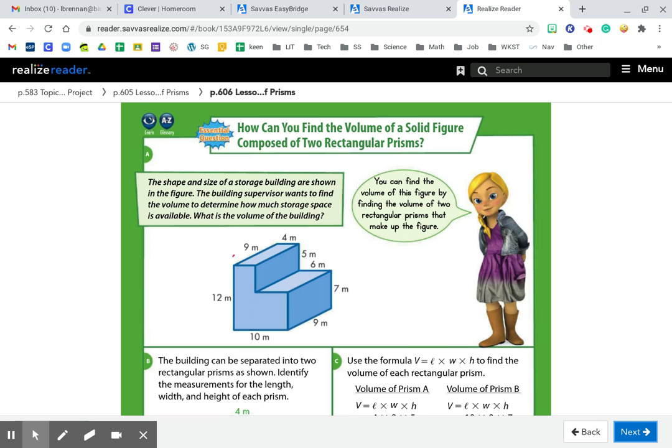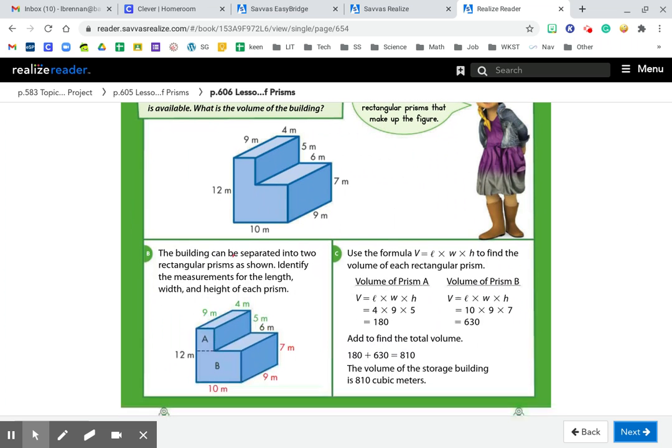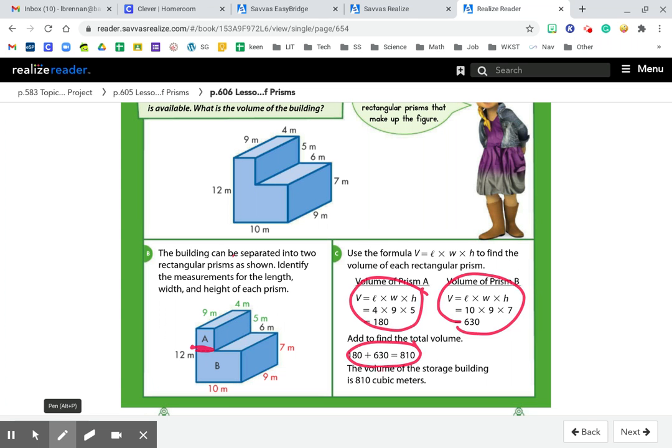Again, you're going to have to decide how to divide it up. And you can see they decided to divide it right here. So they decided B is on the bottom, A is on that top little box, and they found the volume of both prisms, and then they added it together. So again, you have to look at opposite sides. So when we're looking at this shape up here,